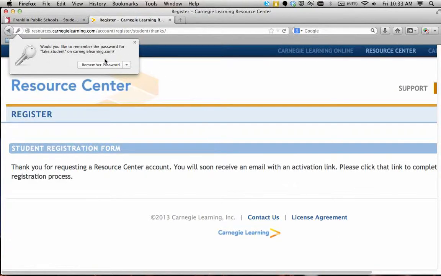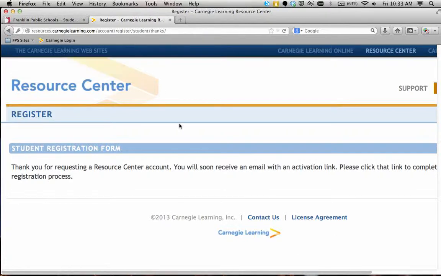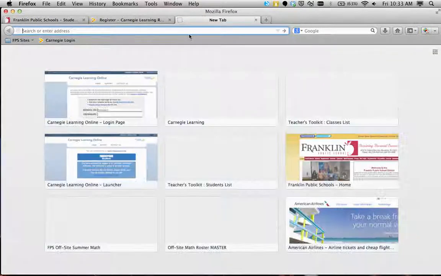When working in Firefox, if you ever get this remember password when you do this, I don't want to remember the password right now. I'm going to actually close this little box because I want to make sure that everything works before I ever remember a password. I'm going to suggest that you leave this tab open, go on up and open a new tab, and you're going to go to your Google account. So just go to regular google.com,